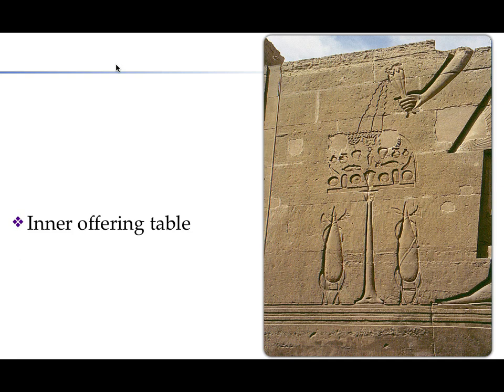Here's an offering table that lets you see what they were like a little bit. It's a drawing of one. So you can see the table here, and on it you can see some fruit, a piece of fish, a jar of wine or something. And then they're pouring out wine or oil or water on top of this, which is a drink offering